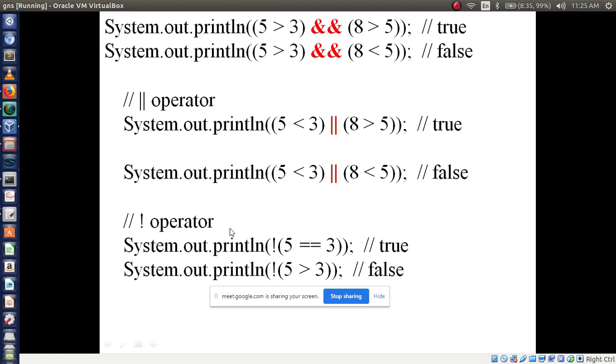Now in the NOT operator, SOP not 5 equal to 3, the condition 5 equal to 3 is false, so not of it is true. And 5 greater than 3 is true, but with not it is displaying false. These all are logical operator examples.